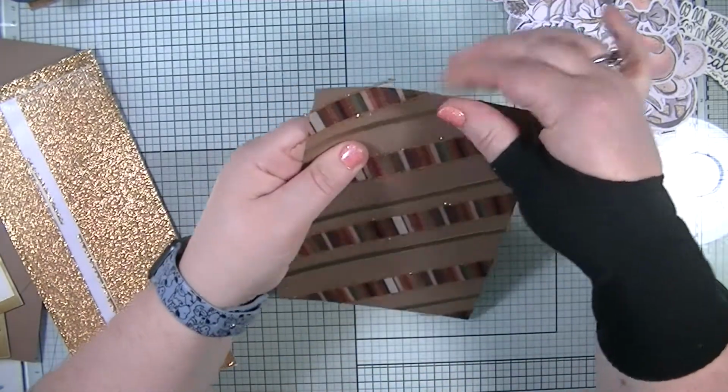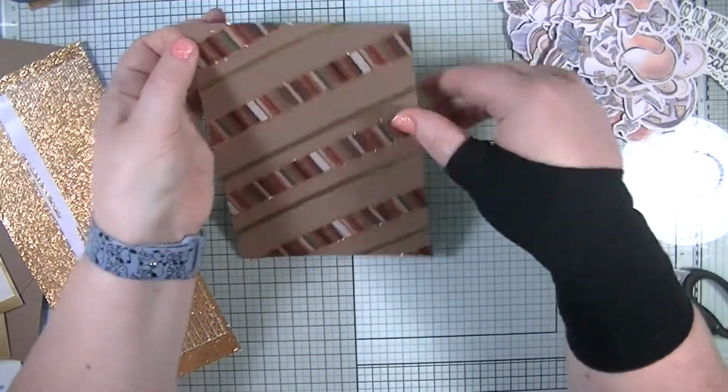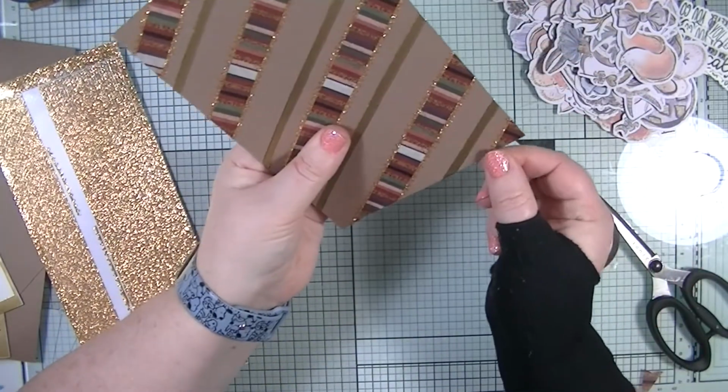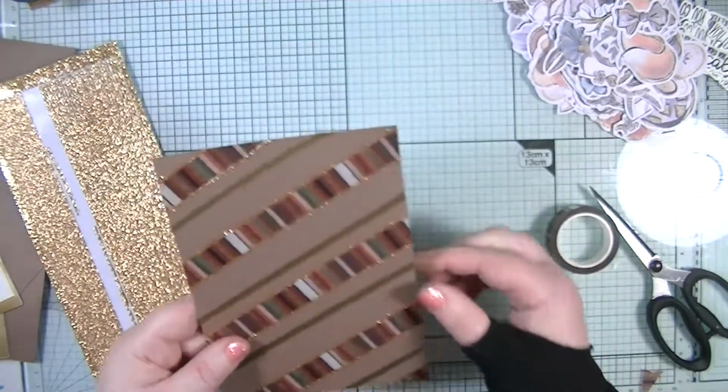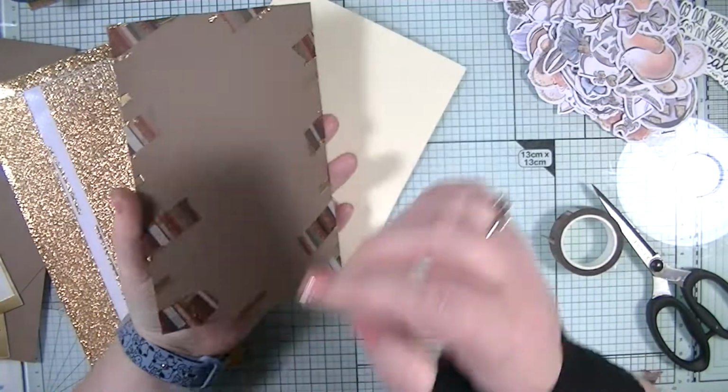So there we have it. That is our made cardstock or paper using peel-offs and washi. How gorgeous does that look? I really like that. So I'm going to just grab my base because everything is sort of like lifting up